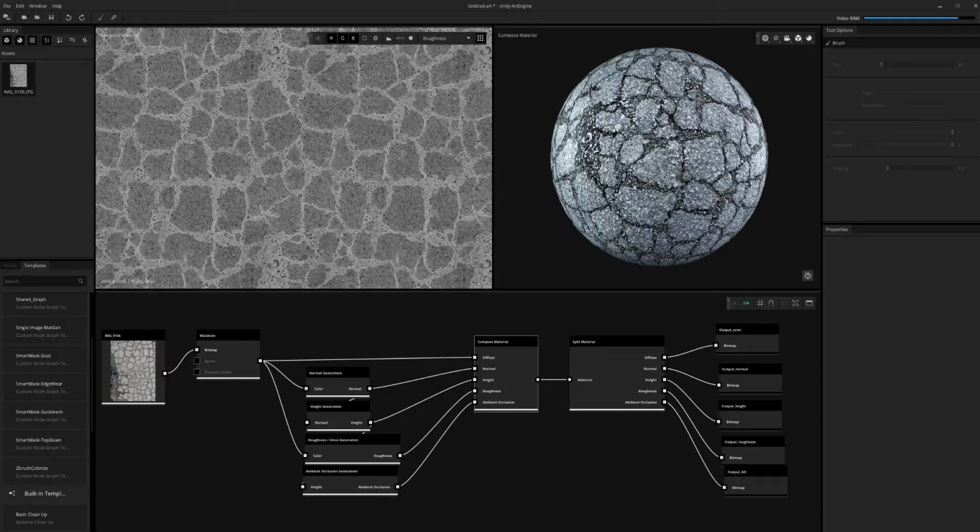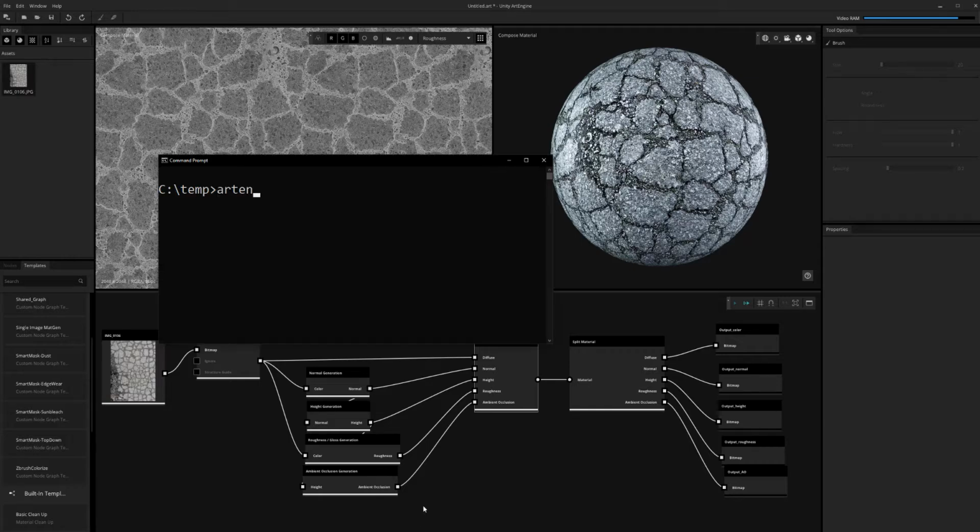In this video, we'll take a look at how to utilize the command line interface function of ArtEngine, which is available in the Studio version of the tool. The command line functionality allows you to run ArtEngine headlessly from the command line interface. This lets you integrate ArtEngine into any custom pipeline of your choice, but it does require some knowledge to utilize